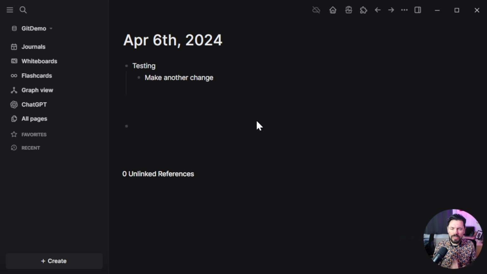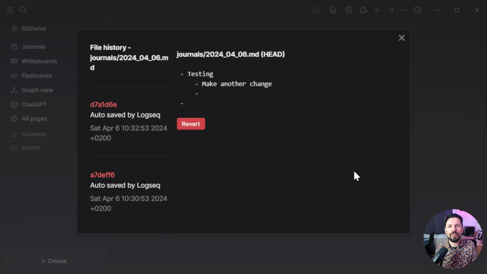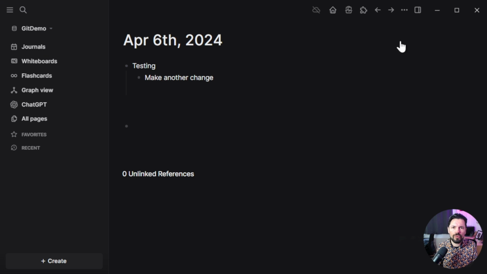Now that we have Git set up and enabled, you should be able to see versions here. You click here, view page history, and there you see the different commits that I just showed, the auto saves, and you can click one and then say, hey, I would like to revert to that old version. So in this case, you can use it for version management. You can also, of course, fully do this within Git, but I do recommend considering the auto commit in Logseq,